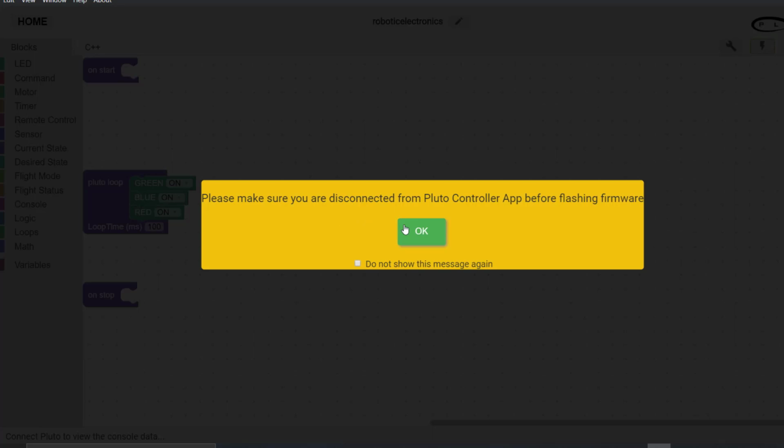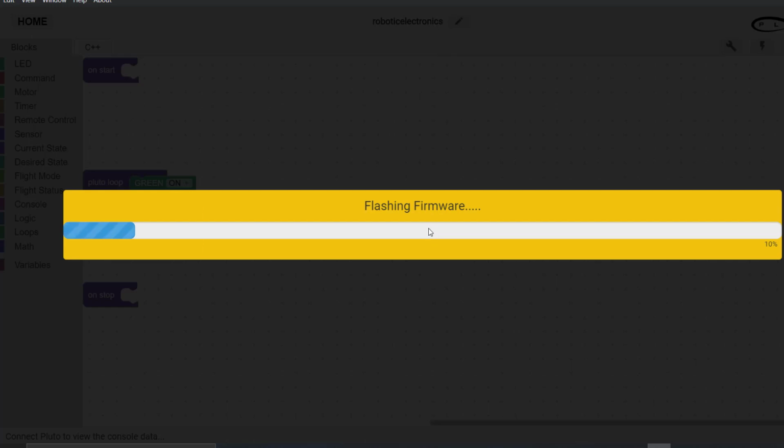Here a pop-up window has come that says make sure you're disconnected from the Pluto controller app. That means you should not be connected to the app on your smartphone. You must disconnect from that before uploading the code, to avoid issues with the firmware. When you click OK, the code will be flashed to the firmware.